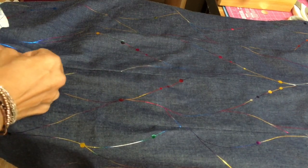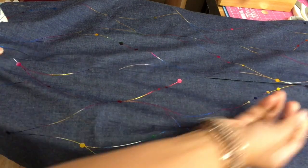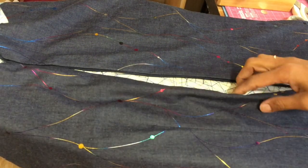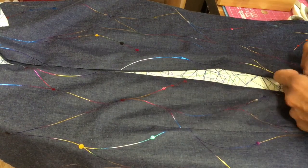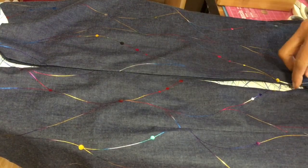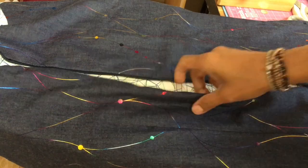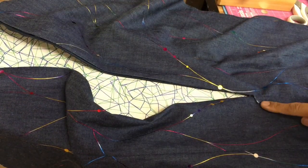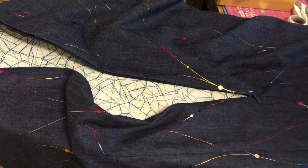So pull the zip down, and we'll go back to the other method of placing a concealed zip in, by sewing the two sides separately. Now, the only thing here is you don't want that pull in the way. So what you can do